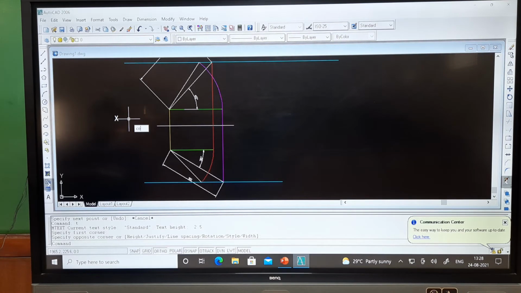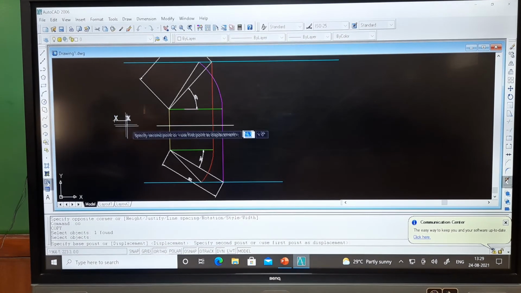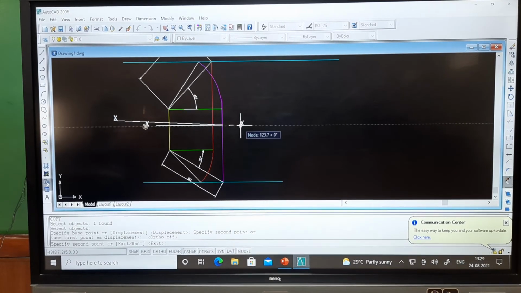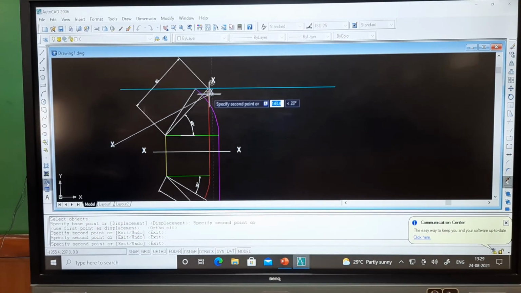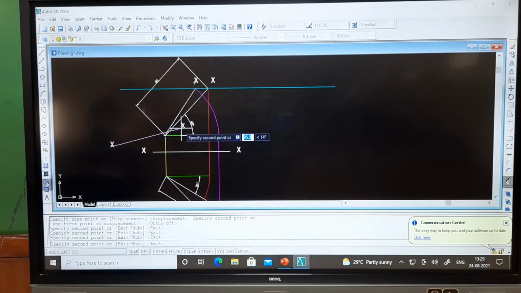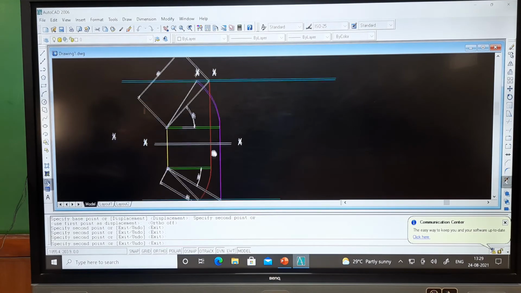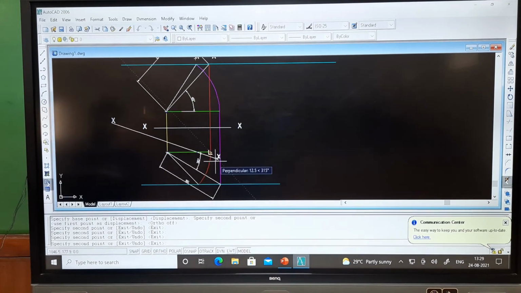Now, what I will do, I will simply copy this one, and turn off the ortho. Wherever I require, I will just simply click on that sign. Wherever the text I have to give, I will just simply click there.